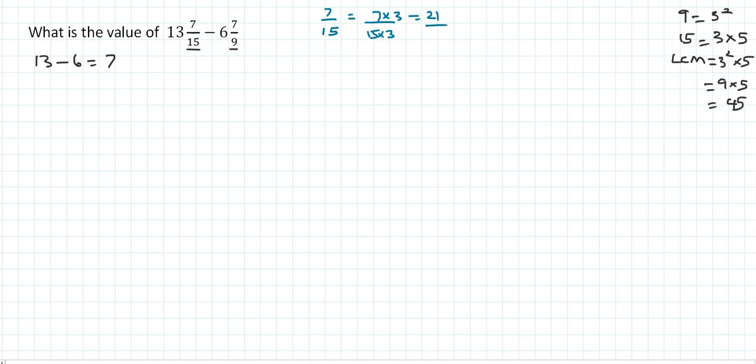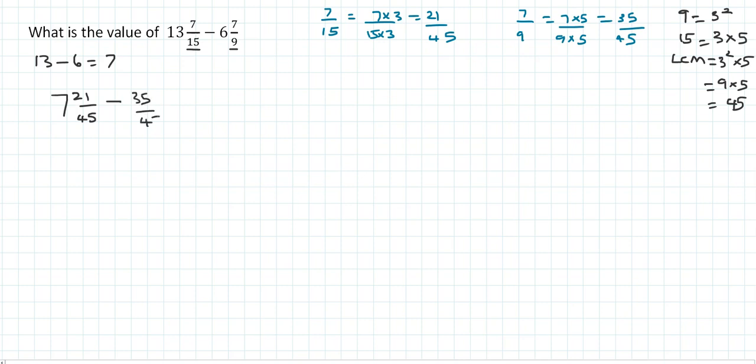This is 21 over 45. 7 over 9, we multiply 9 by 5. We multiply 7 by 5. We now have 35 over 45. So now we're going to rewrite our fraction. It's going to give us 21 over 45 minus